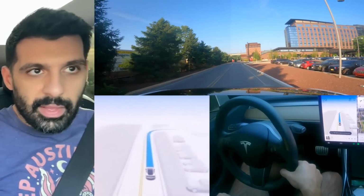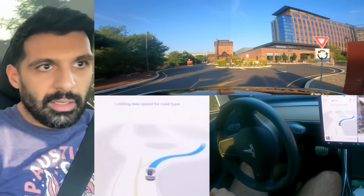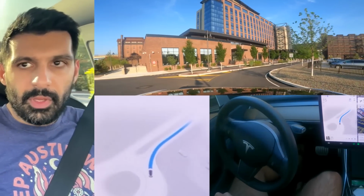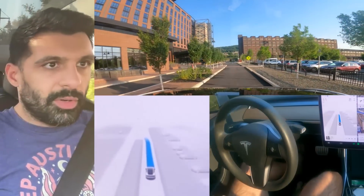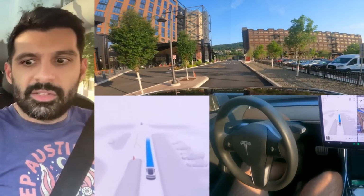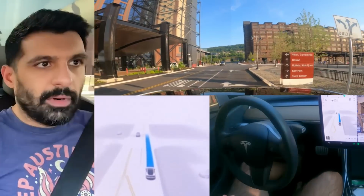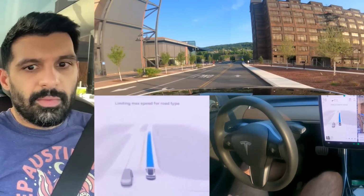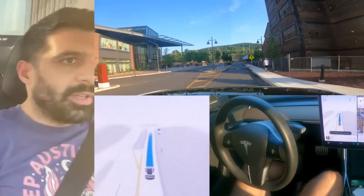So more of the building there in front of us. Here we got a little right turn roundabout, weird looking thing. Yeah, roundabout. So it's going to go right, another right here. Very good. And it should be going straight. Okay, the mapping needs to be updated because it's showing a roundabout and there isn't one. And it's turning the right turning lane on, but it shouldn't be. I think it's because it saw the roundabout. So I think the mapping just needs to be updated for this area, and that's probably why it